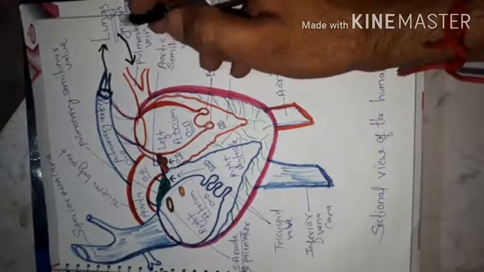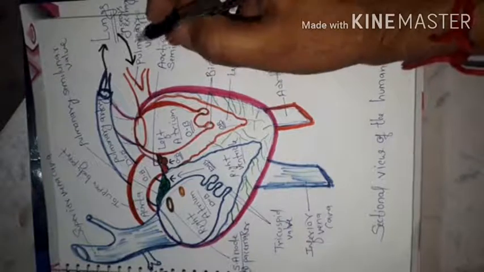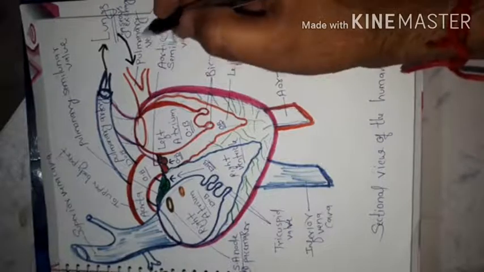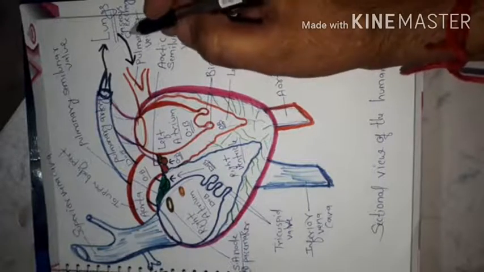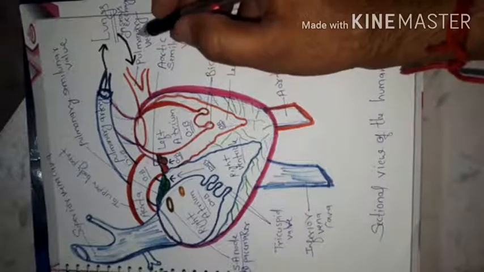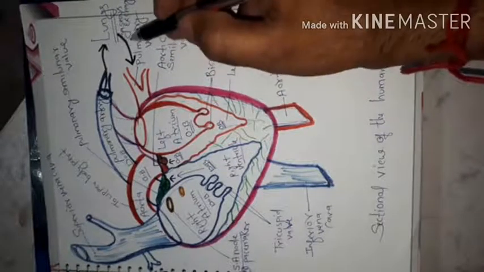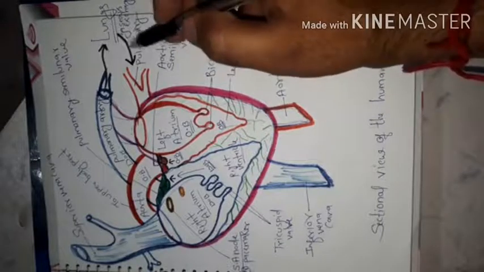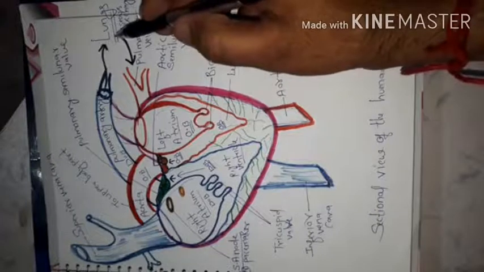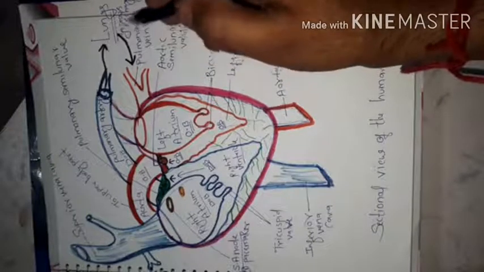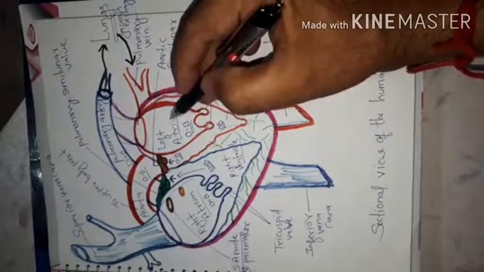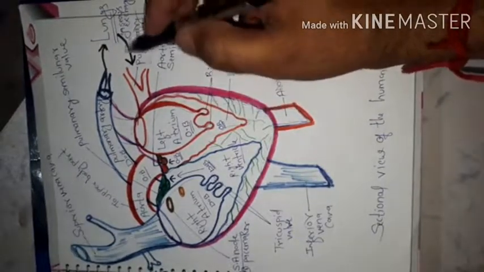As we know from the previous topic, in the lungs our blood becomes oxygenated with the help of the diffusion process. In the lungs, billions of alveoli are present in which the gaseous exchange occurs by diffusion. As a result, our deoxygenated blood becomes oxygenated, and this oxygenated blood comes into the left atrium of the heart by the pulmonary vein.